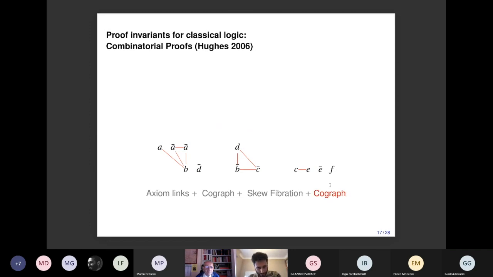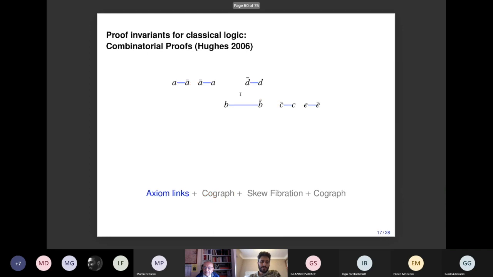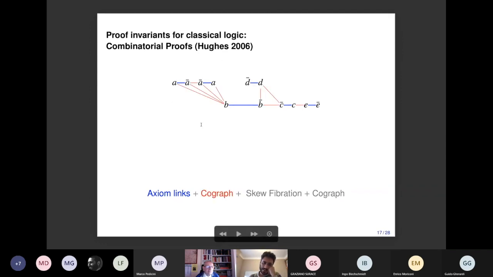So as I told you, you can represent the formula as a cograph. This is another cograph of another formula. And we have some results which say that if we have a perfect matching on the vertices of a cograph which satisfies some topological conditions,